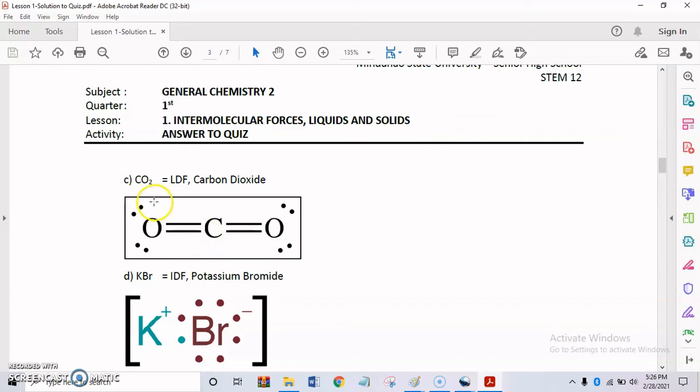Next is carbon dioxide. Ito, masasabi nyo, ano ba siya? Polar or non-polar? So, ito yung molecular structure ni carbon dioxide. Dito pa lang masasabi mo na equally distributed yung power ni carbon at ni oxygen sa bawat isa. Paano mo nasabing equally distributed? Kasi, ito siya, si oxygen is meron siyang free electrons na 4,